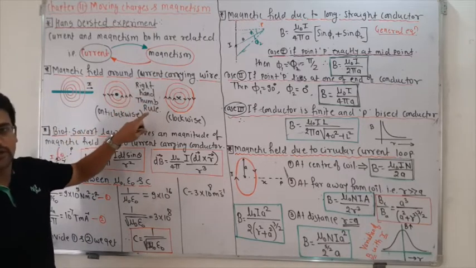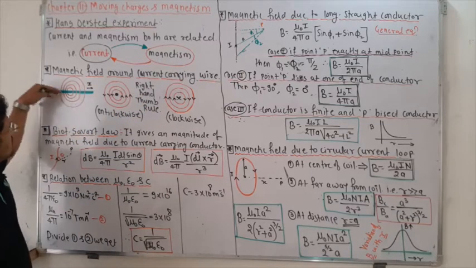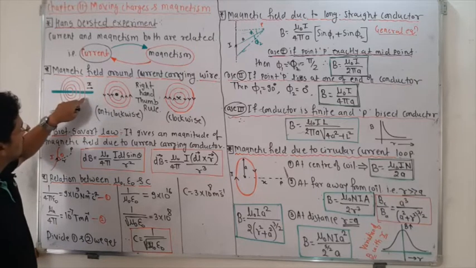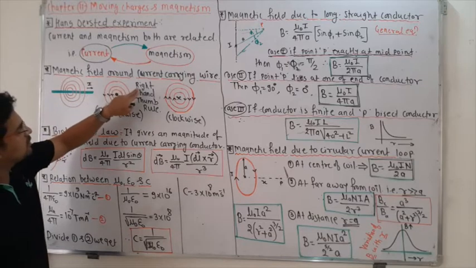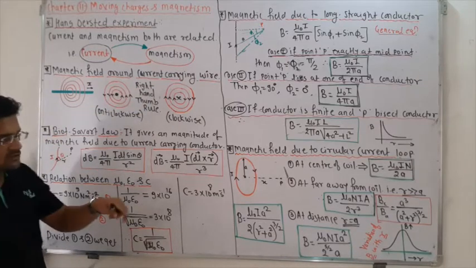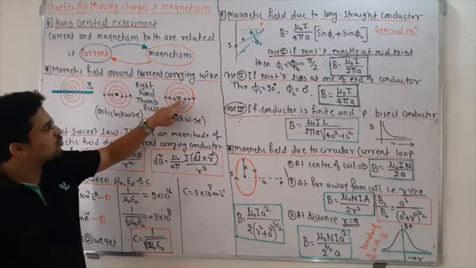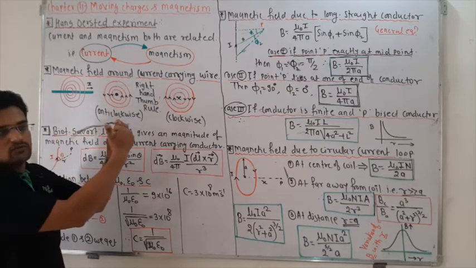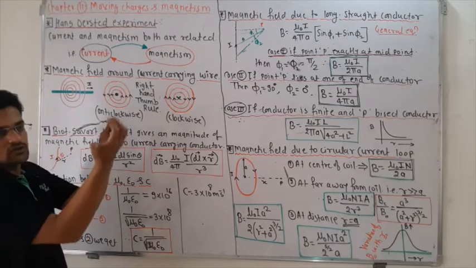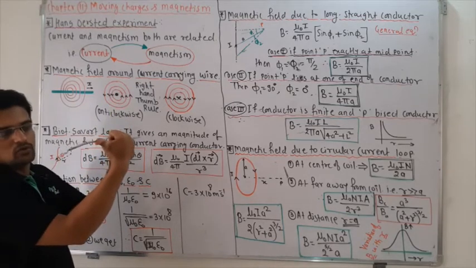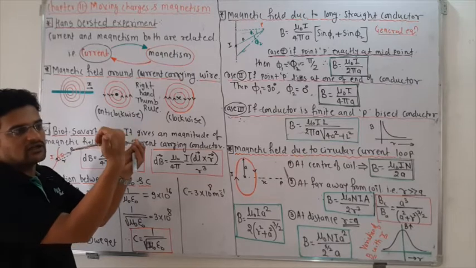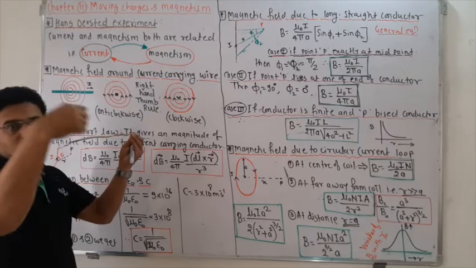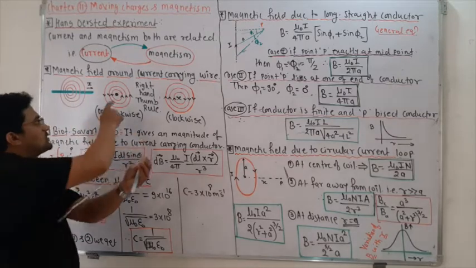the right hand thumb rule. Okay, so this is how the current is passed through the conductor in this direction, and the magnetic field is created. But the direction of the magnetic field is given by the right hand thumb rule. Okay, so suppose this is a dot in the circle and this is a cross in the circle. Dot means the conductor is placed like this, and current is moving in this direction towards you. If you hold the thumb in the direction of the current, and then curl the remaining fingers, the magnetic field in this case is anti-clockwise, as shown in this figure.